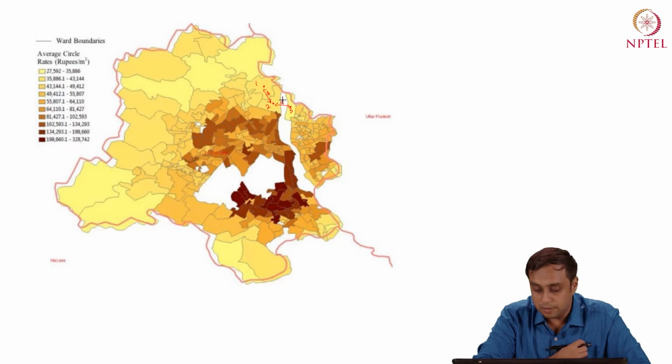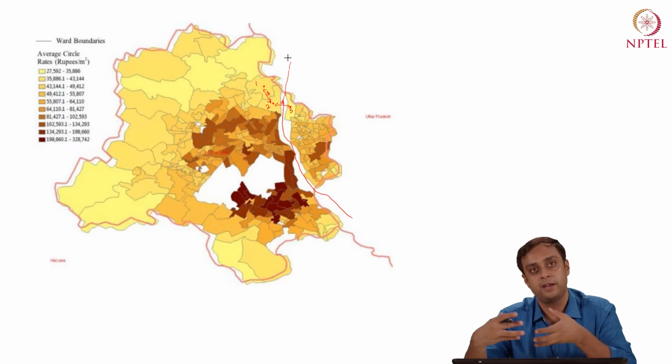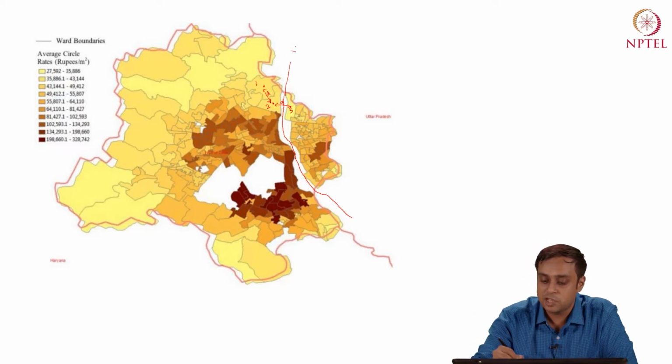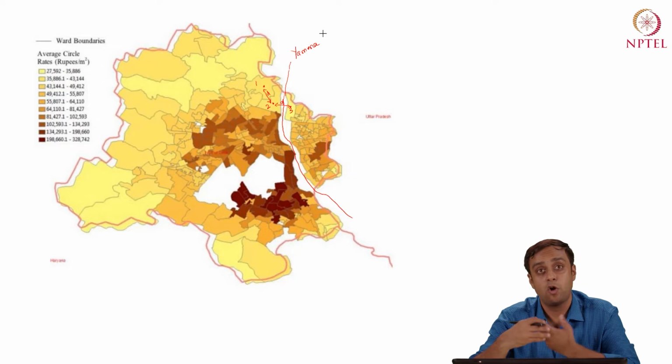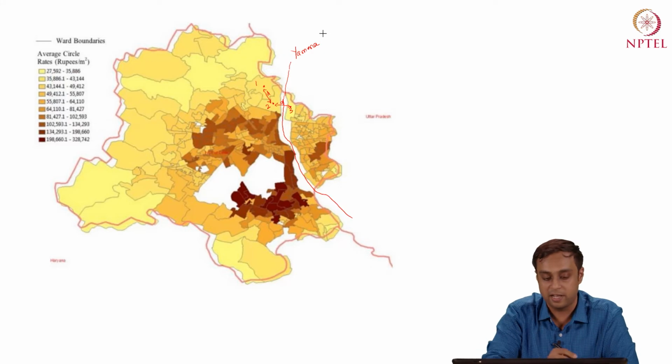Now, what we see on this picture is that the distance between 1 and 2 seems quite similar to the distance between 2 and 3. However, 2 and 3 encounter a natural barrier in terms of the river Yamuna, right? So this natural barrier will require us to have a more sophisticated distance metric than a direct calculation of Euclidean distance between points 2 and 3, right? This natural barrier can cause a reversal of trends in terms of the real estate values. Something like that we see if we look at the map of Delhi.